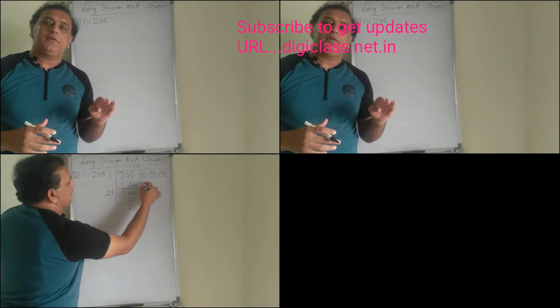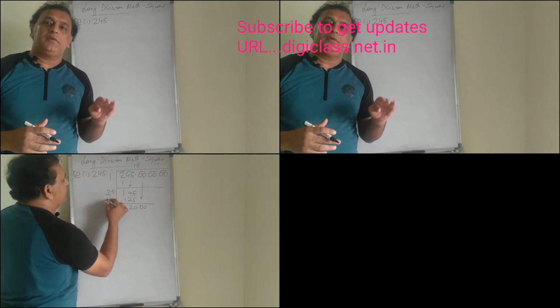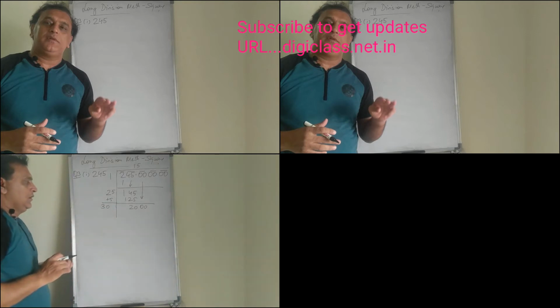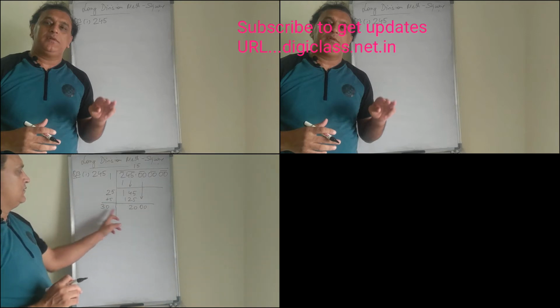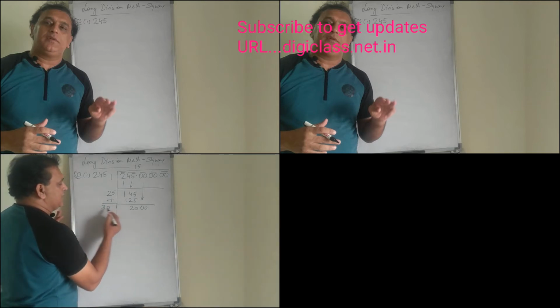Remainder is 2. Then you have to place the first pair of zeros. Now 5 you have to add, so it will become 30. 6 threes are 18, 7 threes are 21. So 6 by 6 we can multiply. You have to look at these digits to see by which number we should multiply. So 300 should be multiplied by 6, so make it 1800.